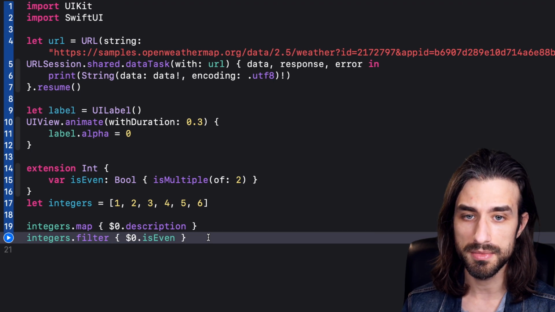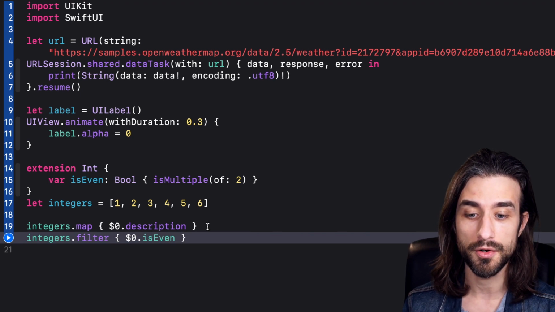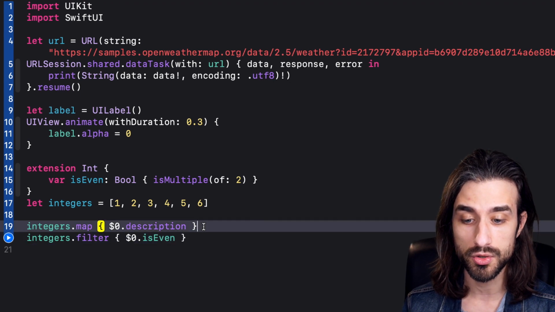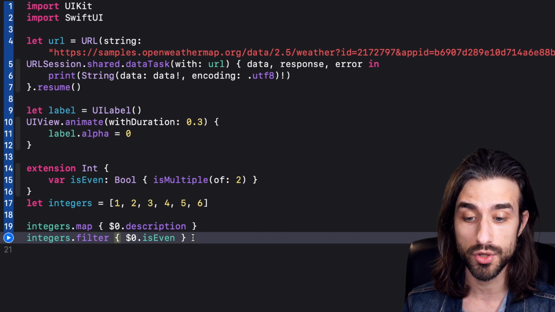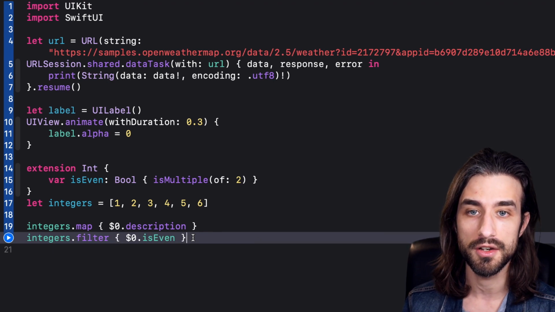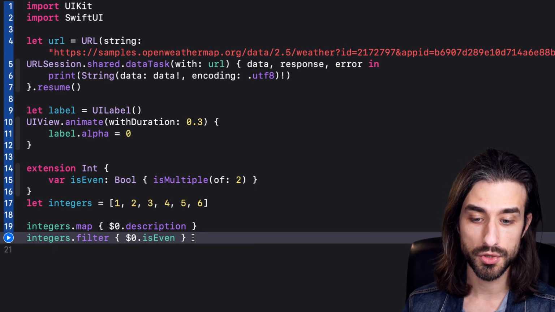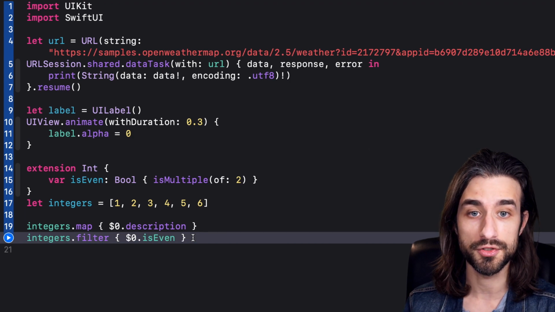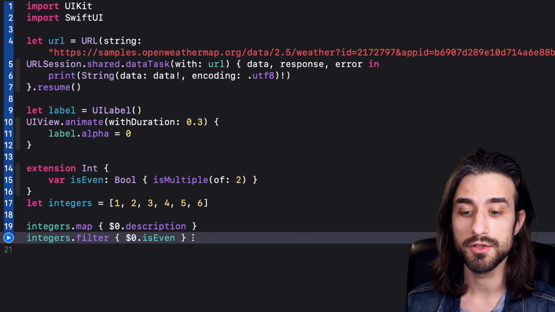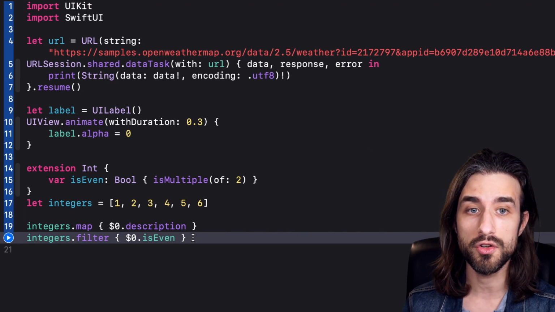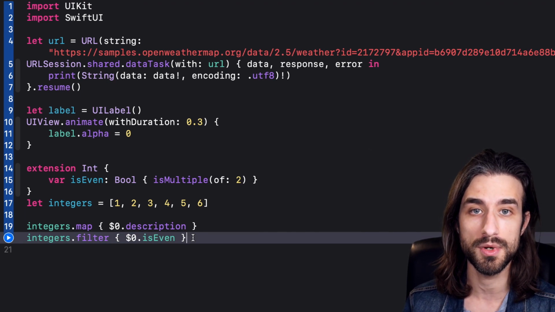However, things are a little bit different when we focus on the last example, because here we can see these closures actually serve a very specific purpose, which is that they act kind of like getters for properties of their argument. The first closure is going to get the description property from its argument, and the second closure is going to get the isEven property from its argument. So we could say that these two closures are part of a subset of the whole possible kind of closure, and this subset is the closures that take an argument and are only going to retrieve a property of the argument and return it.